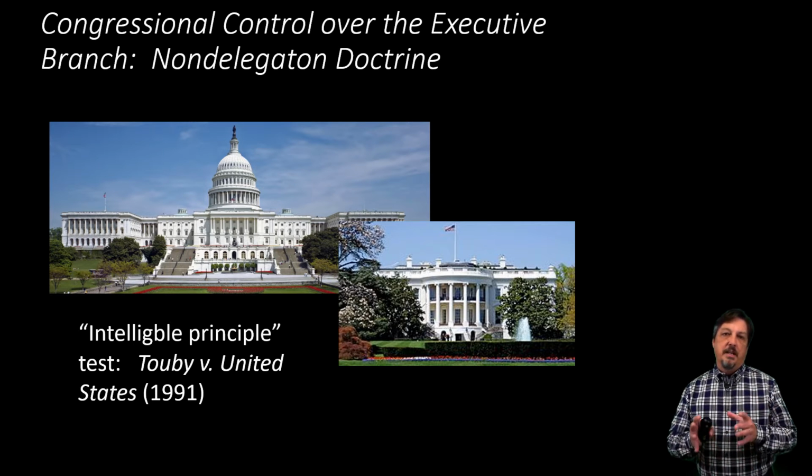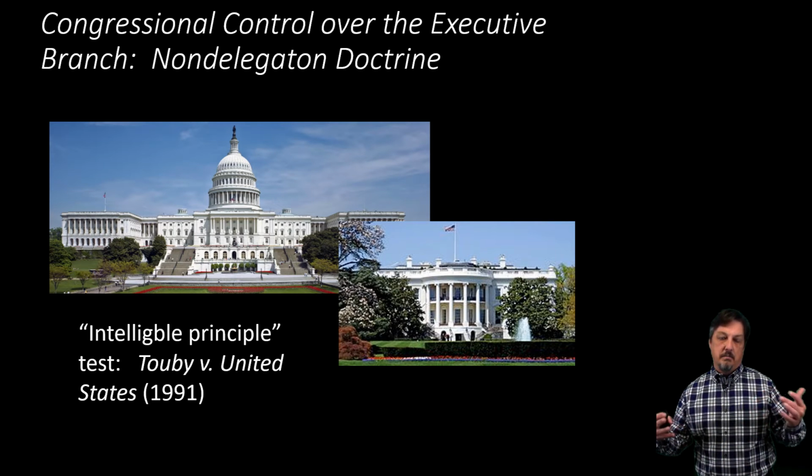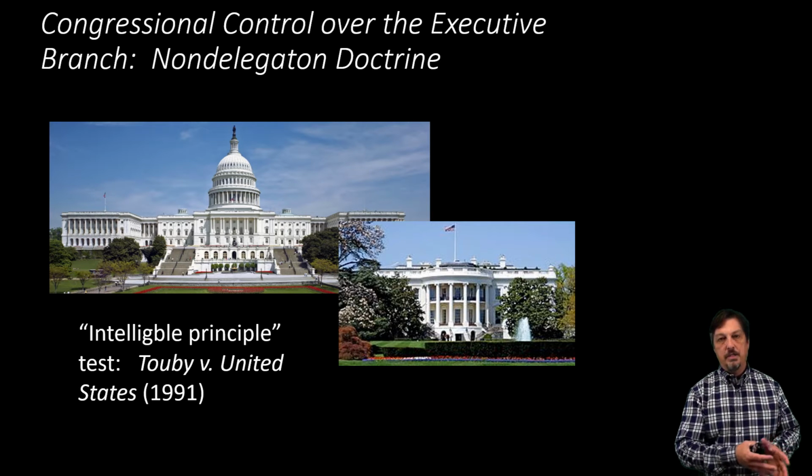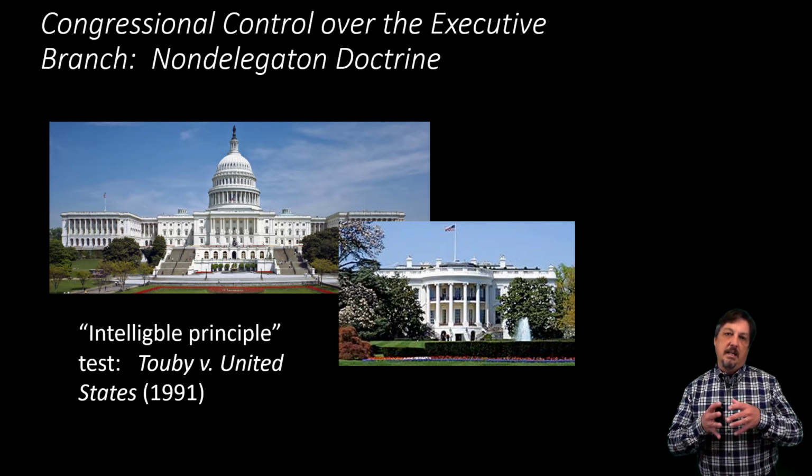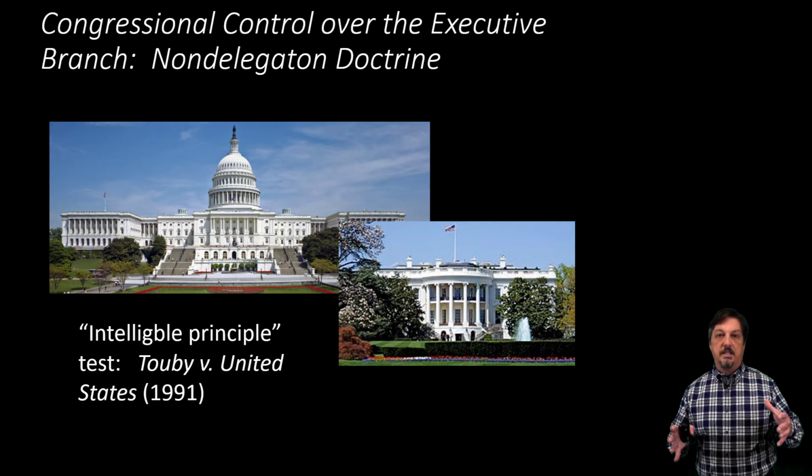So one of the first things we want to think about in terms of executive power in relation to legislation and the role of the executive is the extent to which Congress can control the work of the executive. And this issue really arises with great force in the contemporary period, especially after the New Deal, with the growth of the administrative state. So as we've seen in our Commerce Clause and other cases we've looked at in the New Deal era, the executive branch grows considerably, and administrative agencies within the executive branch grow considerably, both in size